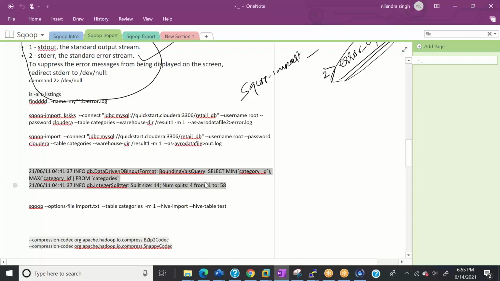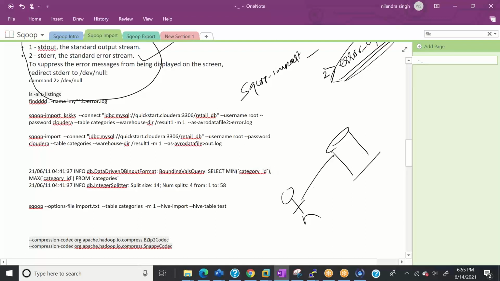Whenever the sqoop command runs, how does sqoop decide which mapper gets what? I told you, here is the database. You have 4 connections with the database. Which connection gets which type of data or which rows of data, how is sqoop deciding it? Like here is mapper 1, mapper 2, mapper 3, mapper 4. Which mapper will get what rows? Who will decide it? It will be decided by the boundary value condition.